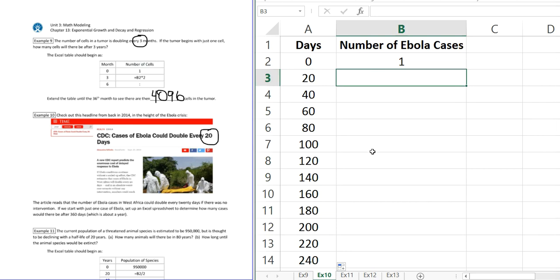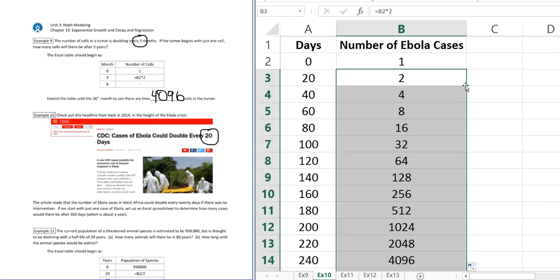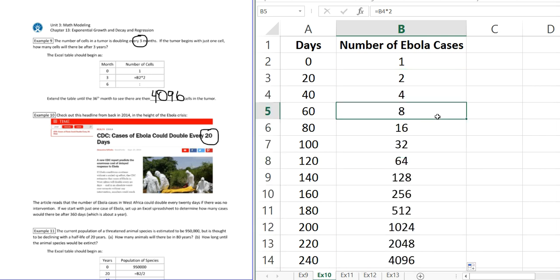This is doubling time. So this is going to equal that initial value times 2. And then we're going to go to that formula. We're not double highlighting here. We have a formula with a cell reference, and then we just extend that column. So what we would see